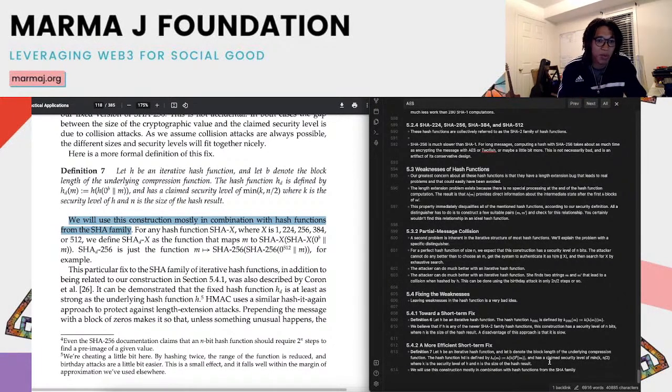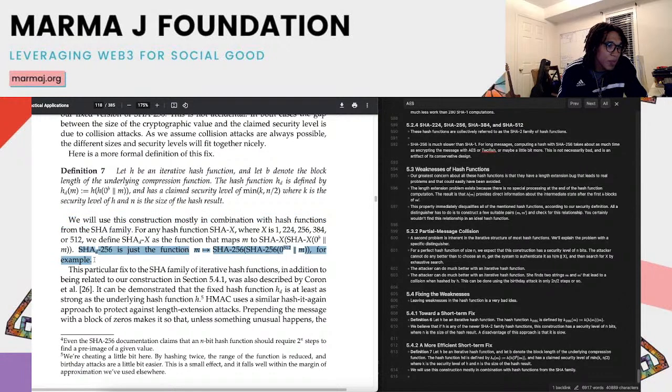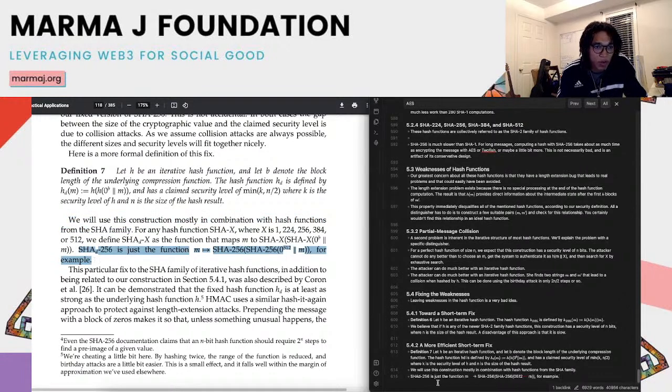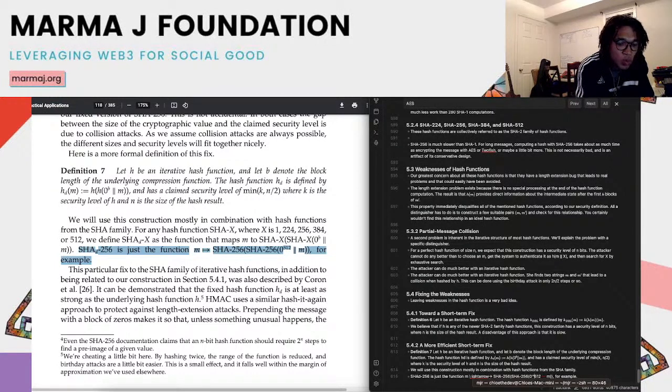There were other notes that I want to put up as well. Like this example here is pretty straightforward. What's the thing? Right arrow, SHA-256, SHA-256, 0 to the power of 512, right arrow,